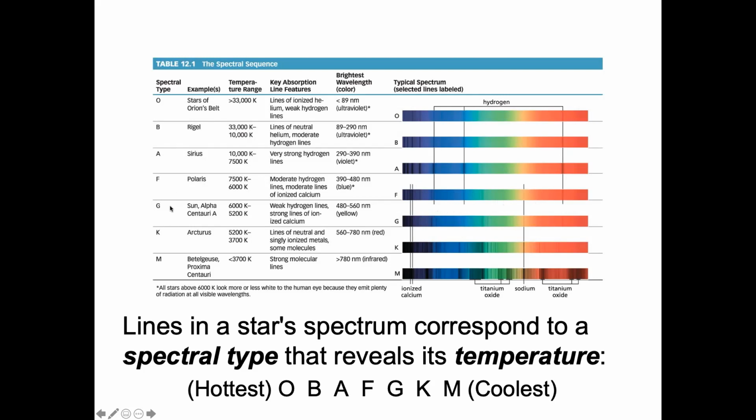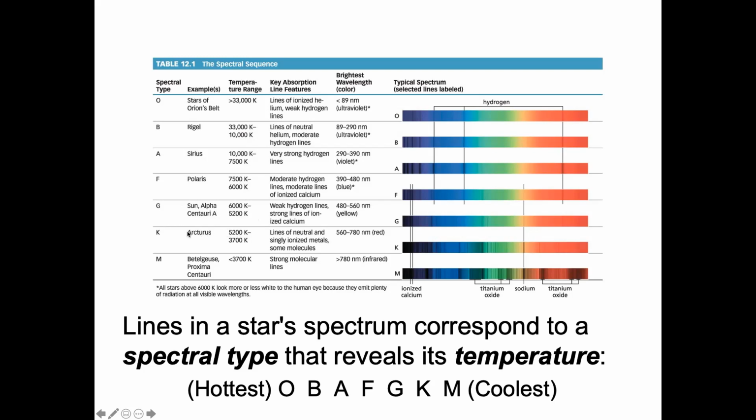As we get into spectral type G, this is where our sun fits in, as does Alpha Centauri A, our nearest stellar neighbor. Again, we're looking at a temperature range that's less than what came before it. The surface temperature of our sun is about 5,800 Kelvin, so it's right near the upper end of this range, and it mostly emits yellow light. That again is why our sun appears to be yellow. Then there's Arcturus.